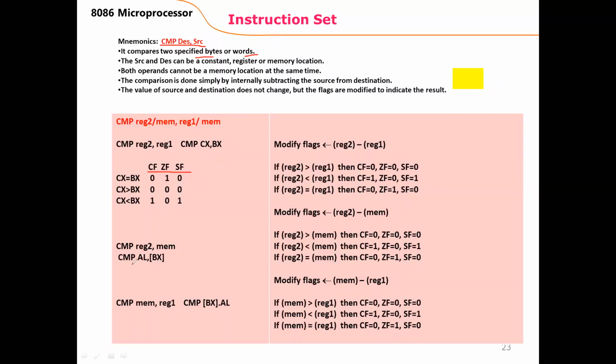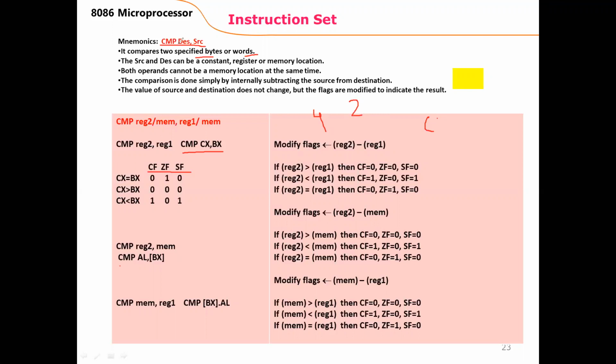For example, here we have taken one example: CMP CX, BX. Let us assume another example, because this is a 16-bit example. We can understand the concept of comparison by using any number of bits. I am assuming only a 4-bit number for the comparison so that the operation will be easy. For example, we need to compare 4, which is stored in the destination, and 2, which is stored in the source.